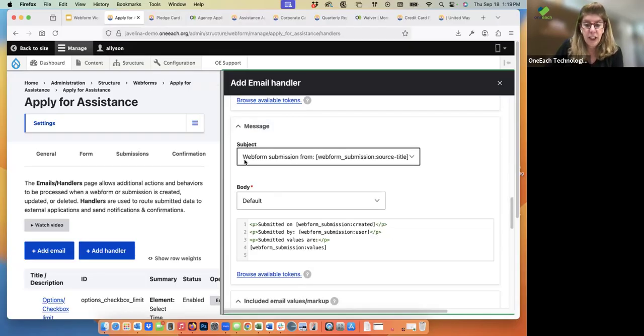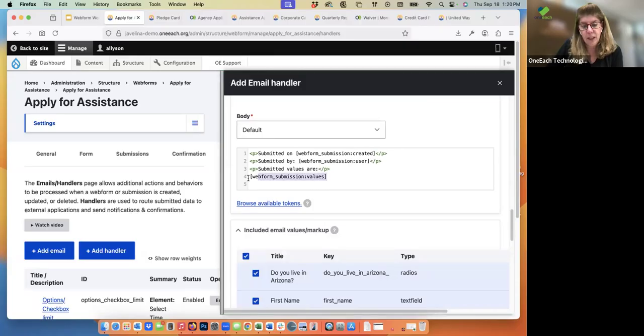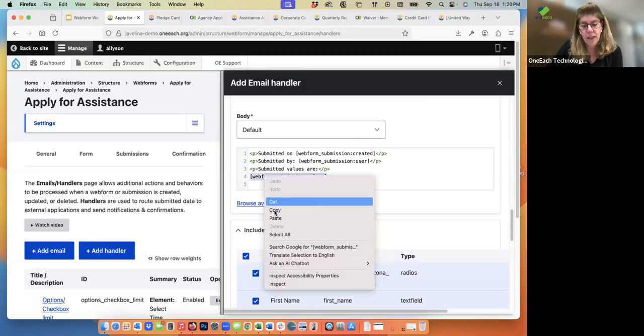The message here is going to be already set up for you as automatically being a web form submission from apply for assistance. So that's some code for the name of it. And the default is going to be so-and-so submitted this on this date. And anybody who submits a form is anonymous unless they're logged in, which your people aren't going to be. So I usually like to customize this a little bit. There's a couple options you can do when you customize it. You can copy this